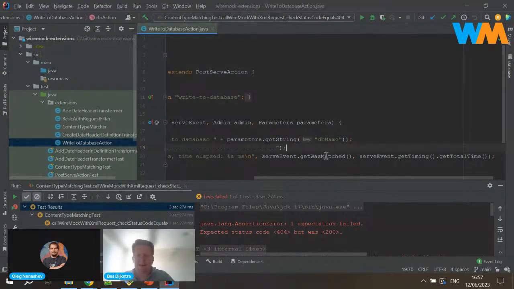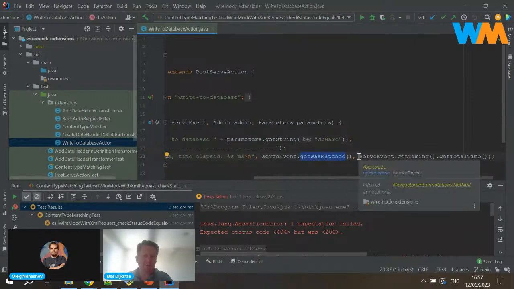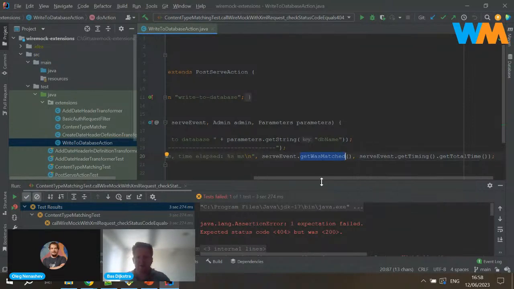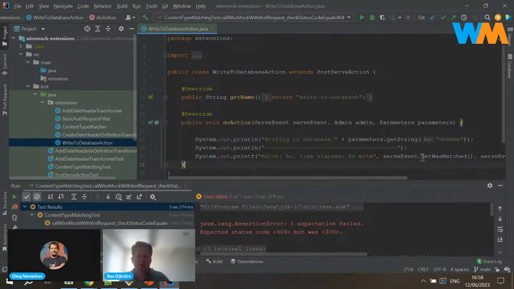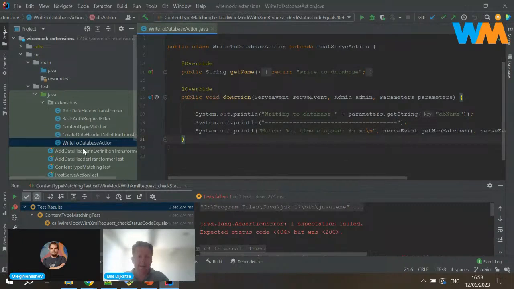So I'm using 2 properties here. getWasMatched, which means: was WireMock able to return a response for this incoming request? Was there a match in the stub definitions in WireMock? And how long did it take WireMock in total to return that?